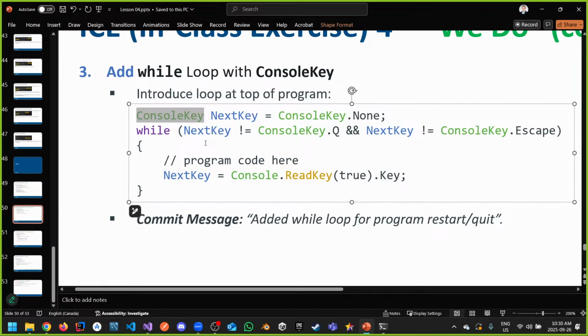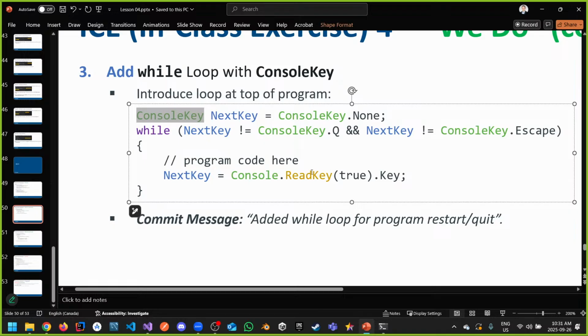Console key basically looks at, hey, what key am I hitting on my keyboard? Which key is it? Like A, B, C, D, whatever. It's going to record the key, right? There's 2 ways to record the key. It can record the actual key, doesn't matter lowercase or uppercase, or it can record the key character. It's up to you. Those are the 2 things it can do. So when you do a console read key